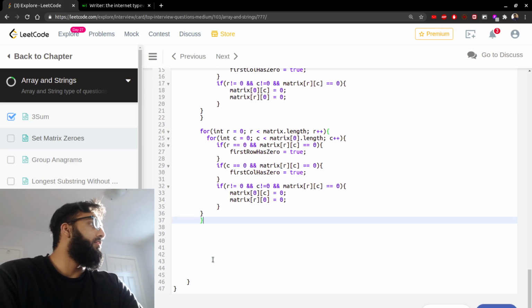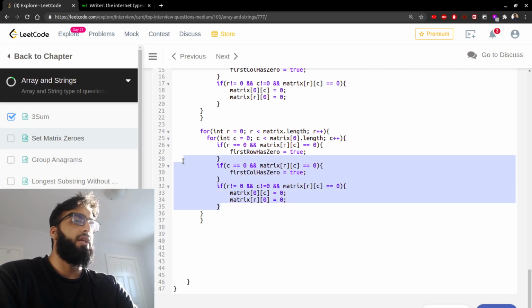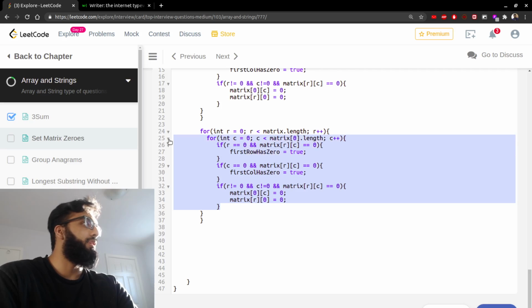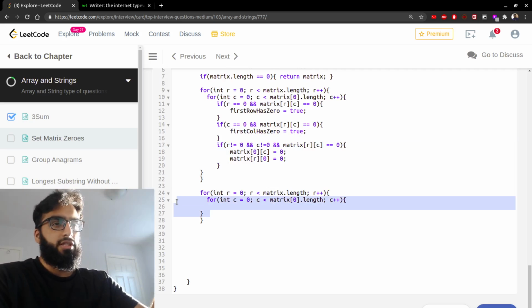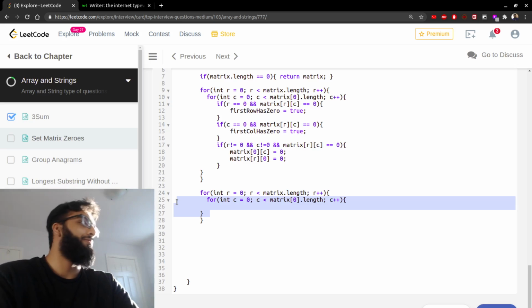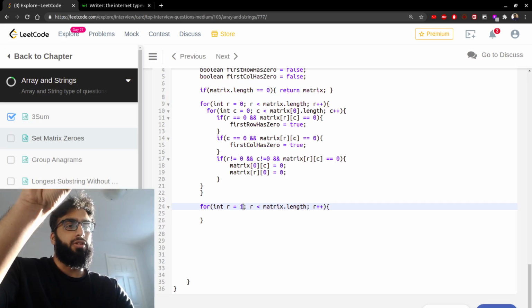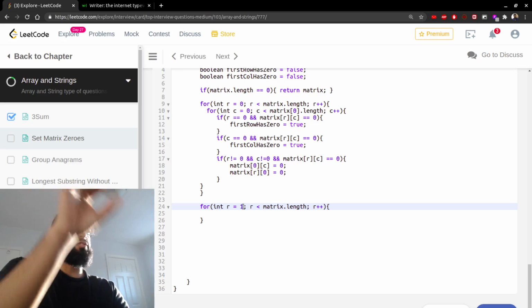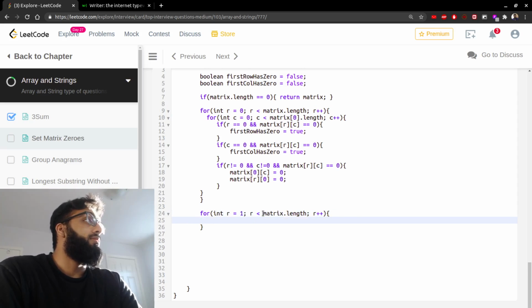Let me scroll down. So we just copied this code here. But this time we only have to iterate through the first row, which contains which columns are 0, and the first column. My mistake. So if row is equal to 1, because we don't want to do the 0,0 index, because it'll set the whole row and whole column to 0, like we've shown in the example. So for int r is equal to 1, r is less than matrix.length,